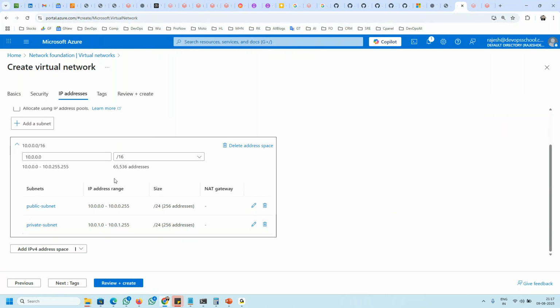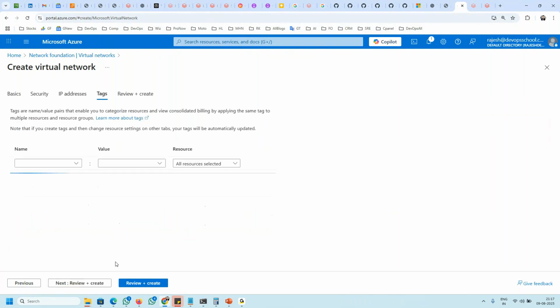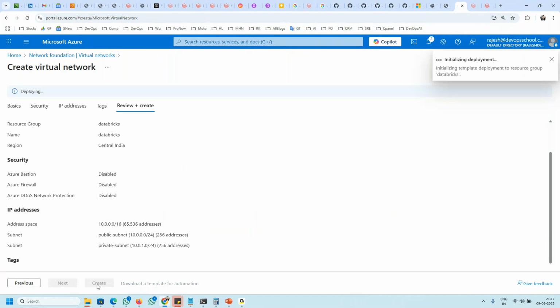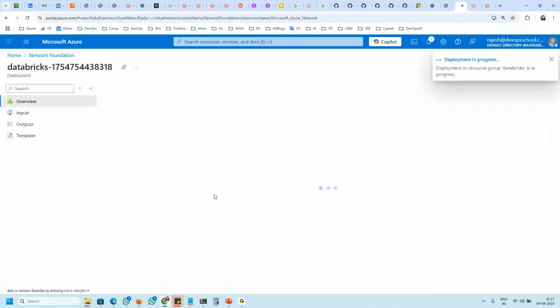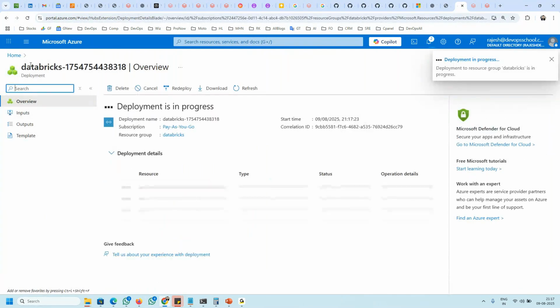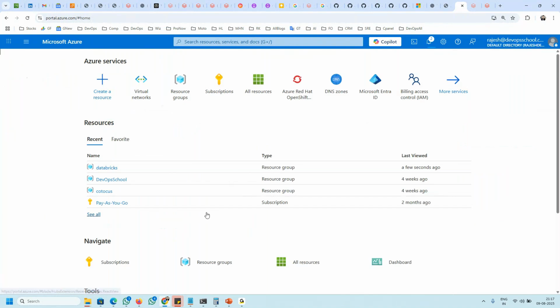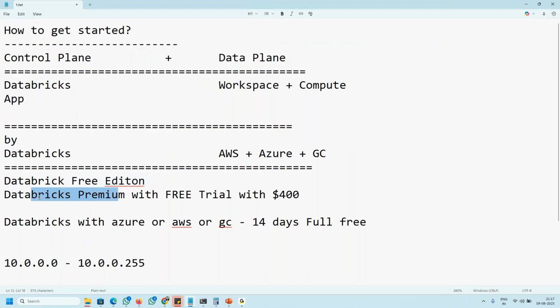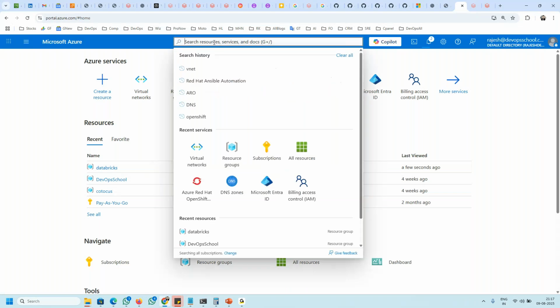So I have done tagging if you really want to do it, and a review and create it. Okay, so I created the resource group and then followed by the VNet network. So with that, I'm going to now create a Databricks. Now here I just said, you can go for this one also, this one also. I'm showing you the demo for this one. So click on Databricks